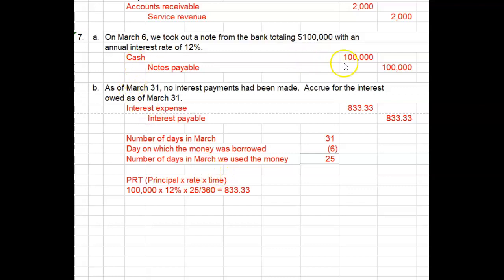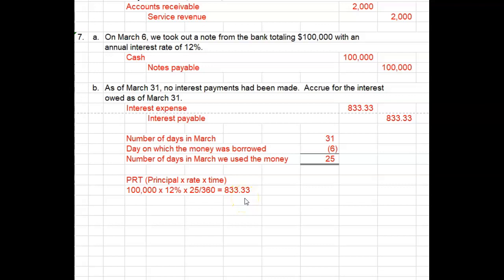The principal is $100,000 times 12% interest times 25 days over the number of days in a year. And remember that bankers think there are 360 days in the year. So $100,000 times 12% times 25 over 360 equals